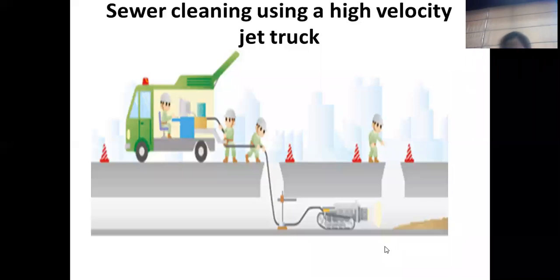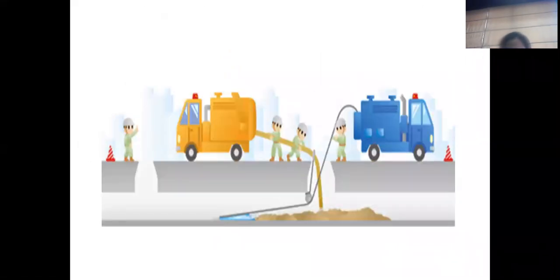Okay, one more figure, in a similar line, I will show you. What is being done here? One pipe, one tool, is helping to collect the material at one place, and another tool is sucking that material into a truck, and that can be removed from that place. And these two are the manholes through which these equipments are inserted. You can see this properly.